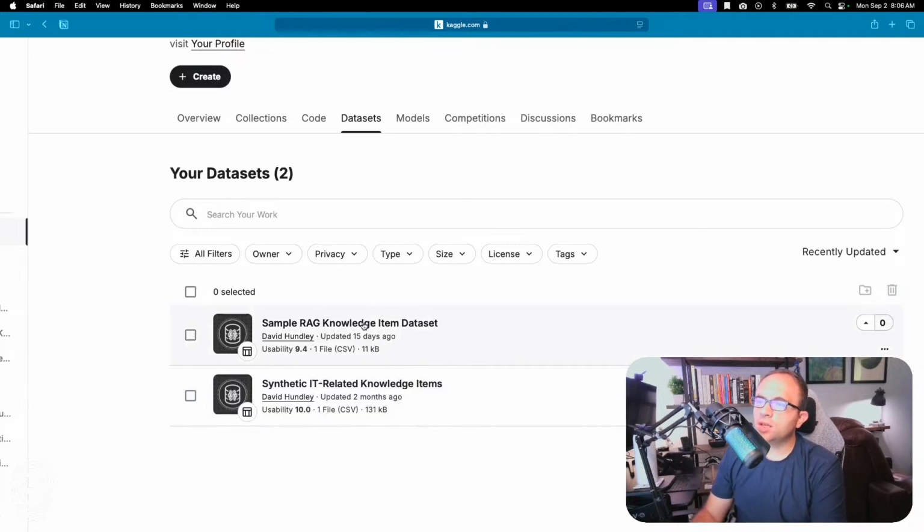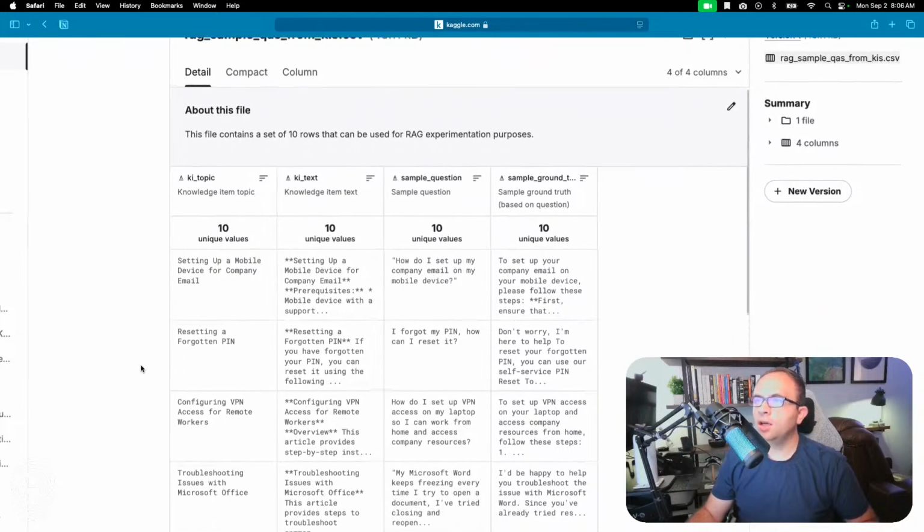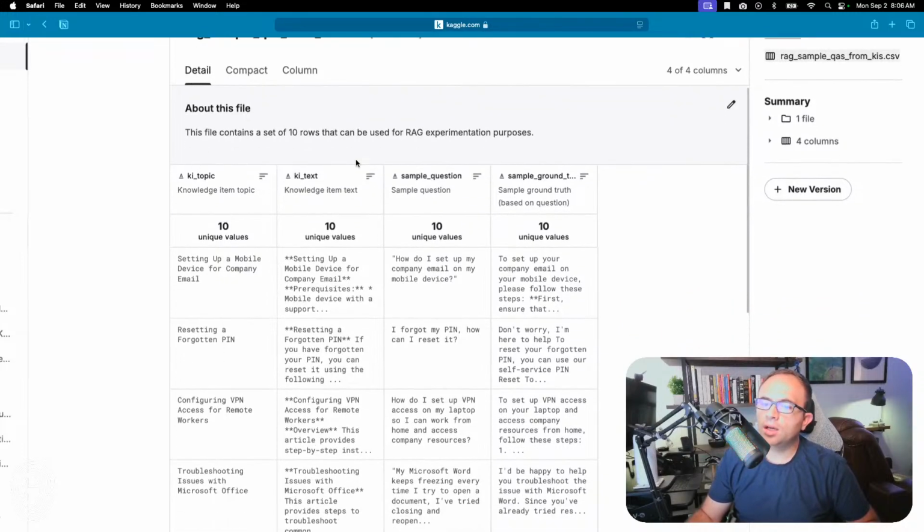And then with this secondary set, which is the new set that we've now worked with, and I'll show it here within the Jupyter Notebook as well, I took 10 of these knowledge items with the full text from the knowledge item, and then simulated a question around it, like a standard question that you might receive based off that knowledge item, and then using that full text, I simulated an answer to that question. So basically, we have the knowledge item, the text, the sample question, and then I created what I call the